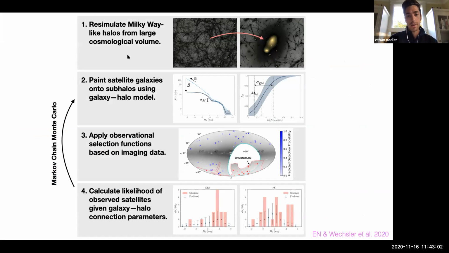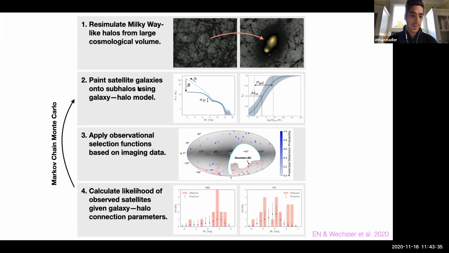I don't have time to go into detail on every piece here, but broadly the idea behind what we do is we run very high resolution resimulations, cosmological zoom-in simulations of halos that are specifically selected to resemble the Milky Way system, both in terms of its formation history, using what we've learned about that from Gaia, and in terms of the existence of a realistic Large Magellanic Cloud-like system that has fallen into the Milky Way recently and brings its own population of subhalos into the Milky Way.